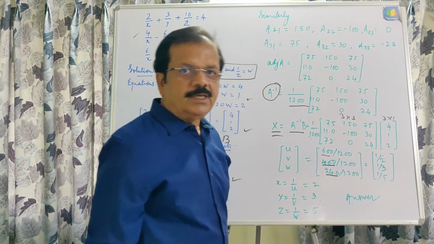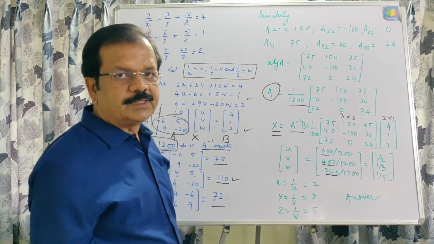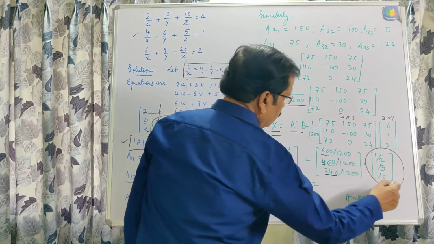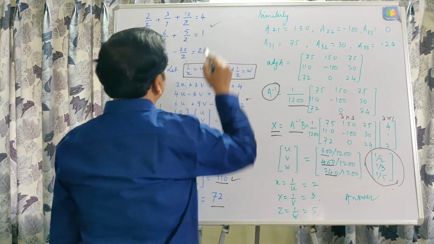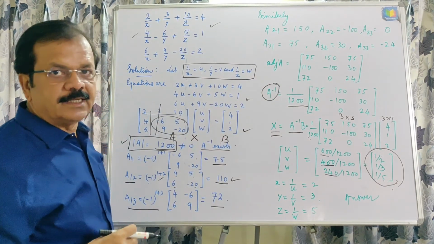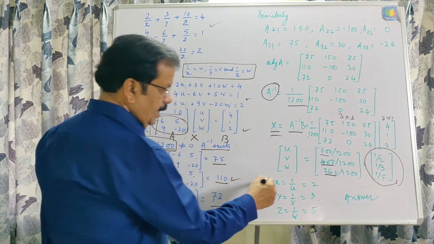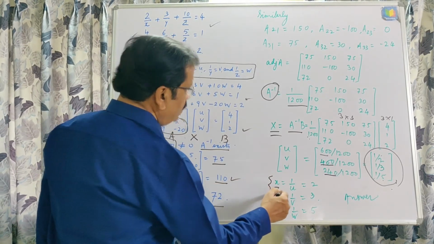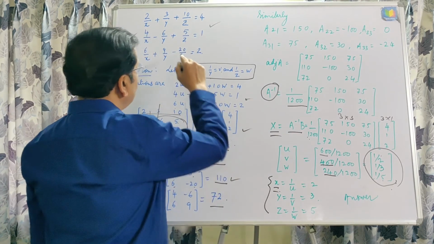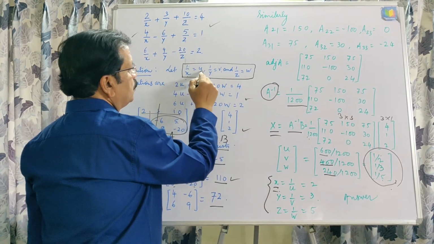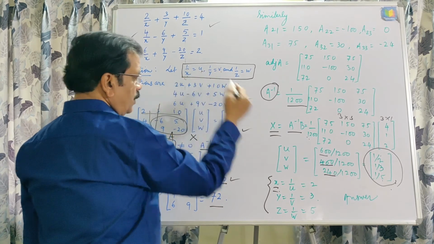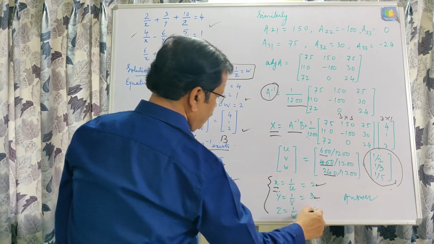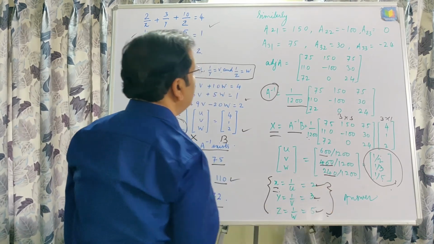But this is the common mistake that students are making. They are leaving their answer up to this, but this is not your answer, because you will have to solve for x, y, z, and that is why unnecessarily they are losing their last mark, the answer mark. 1 upon x is equal to u, that is 1 upon u is equal to x, and this has come 1 upon 2, this is 3 and this is 5. This is the final answer.